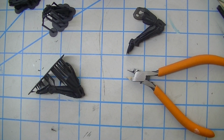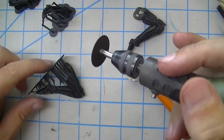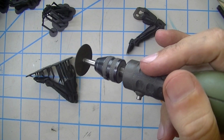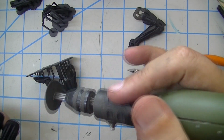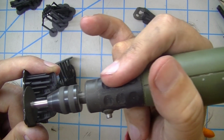Oops, got my sanders plugged in too, and it's still turned on. Too many tools. So I just kick the foot switch, turn it on, get it going, and it's great. Now again, obviously you've got to be able to get into the area that you need to get into with the wheel, and that's not always going to work, but it works in areas where you can. It's good because